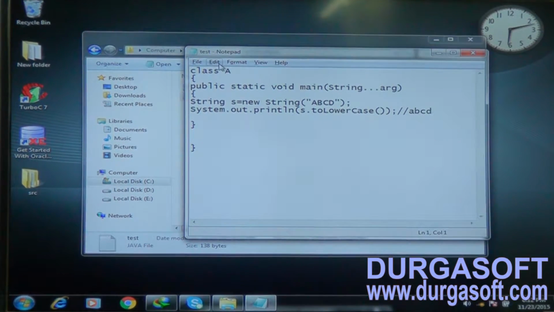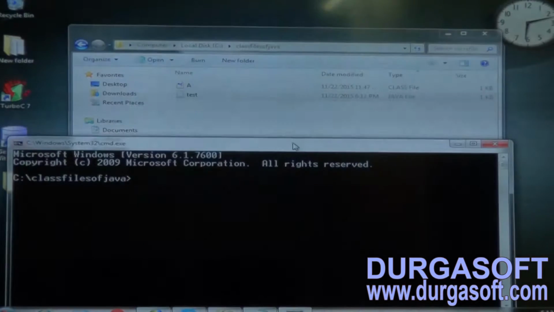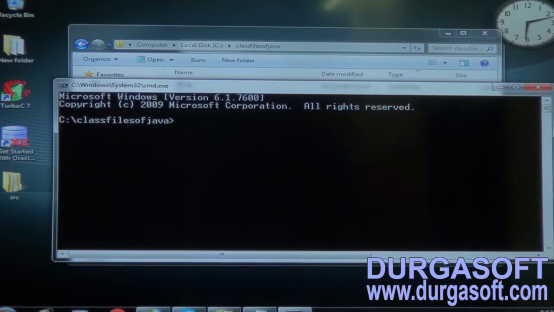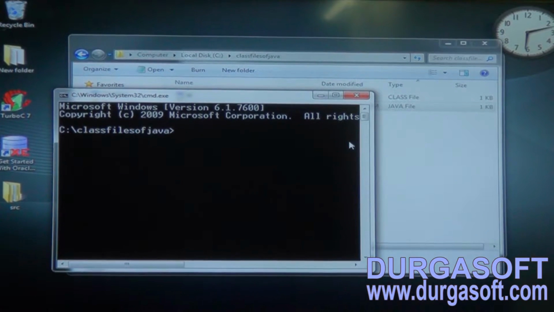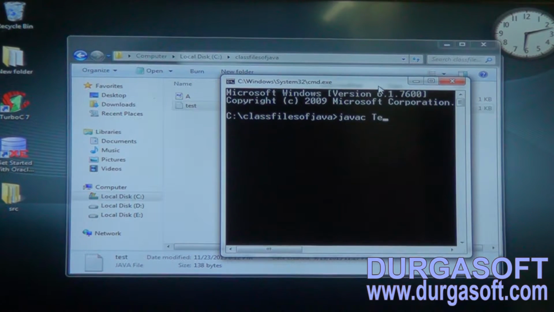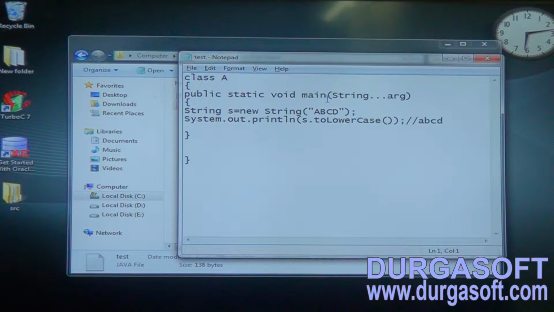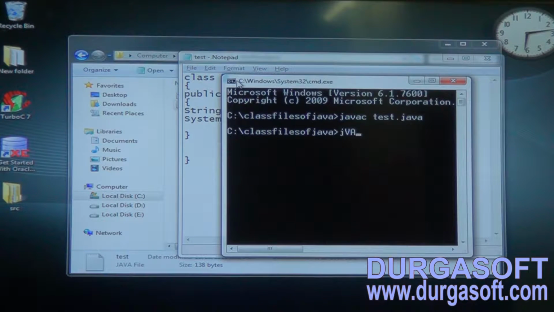Now, what's the source code file name? It is Test, friends. Now how to compile this source code? Source code file name dot java. Simple thing, observe: javac space Test.java, compile it, compiled successfully. Now how to run this code? Main method corresponding class name you have to put. Java space